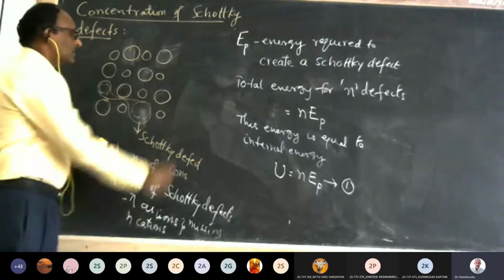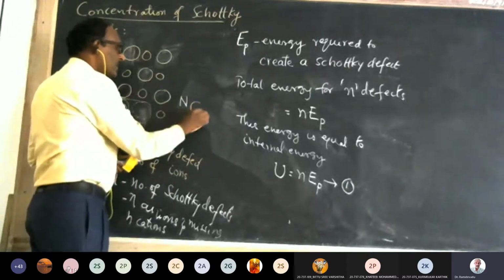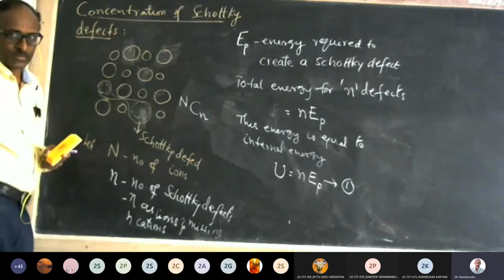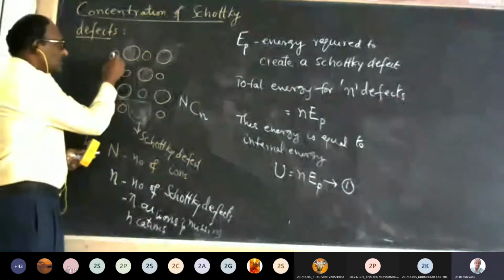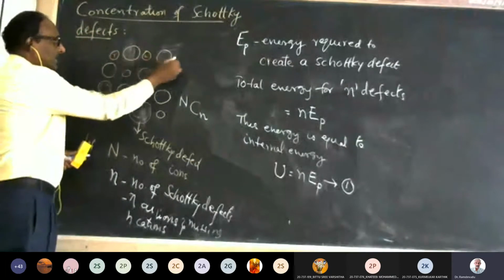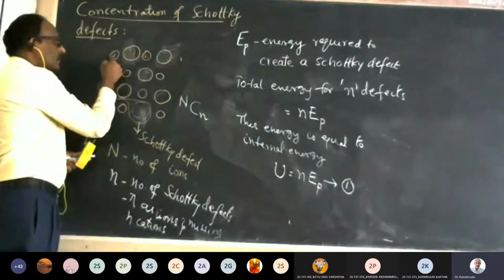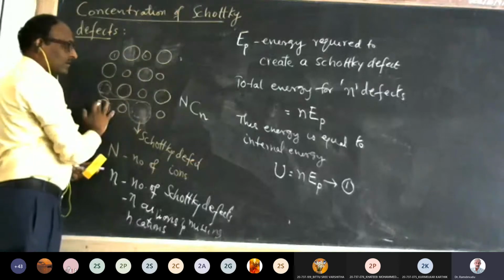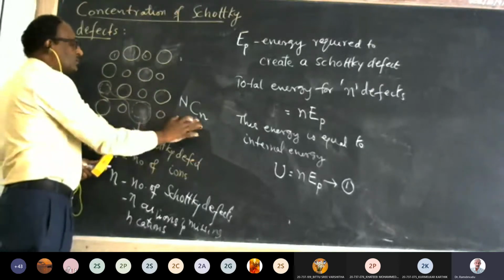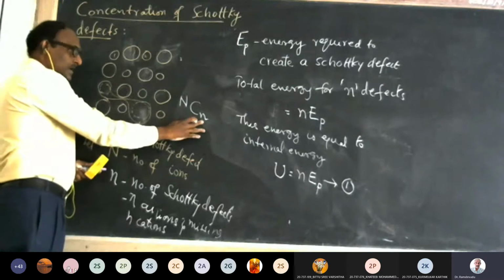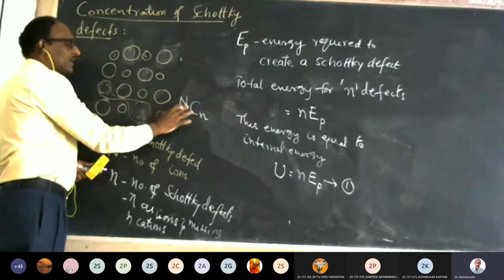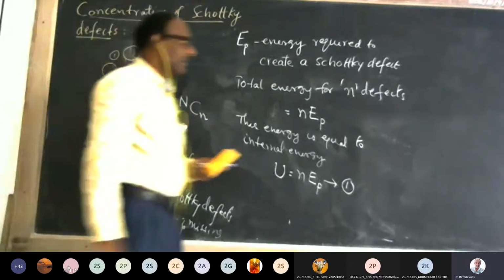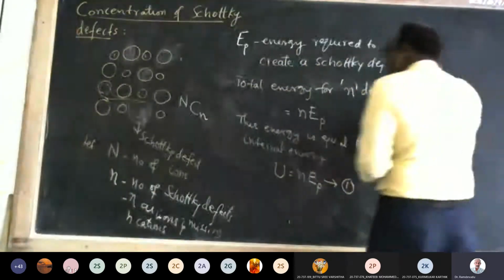And therefore, there are NCn ways to select the atoms at different positions. That means this is the first, suppose say second, third, like this. This may be here, or this may be here, or this may be here also. But in total there are N. Out of N, I have to choose only n pairs. Therefore, I can choose NCn ways. Thereby, I write here the number of ways